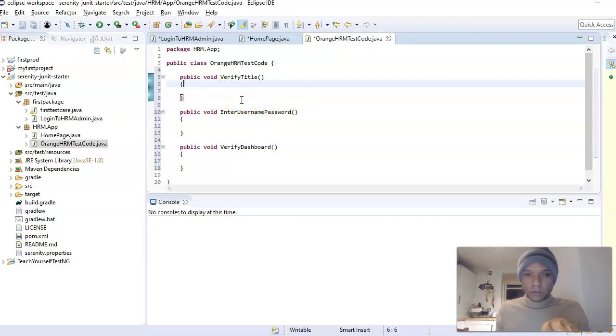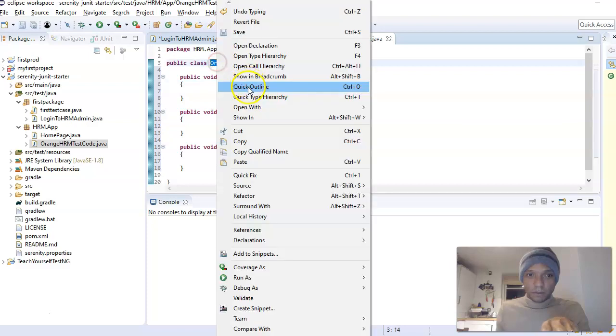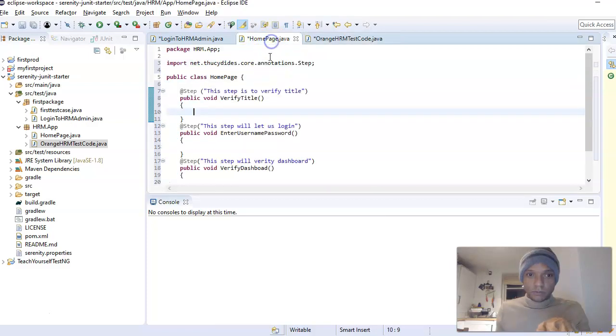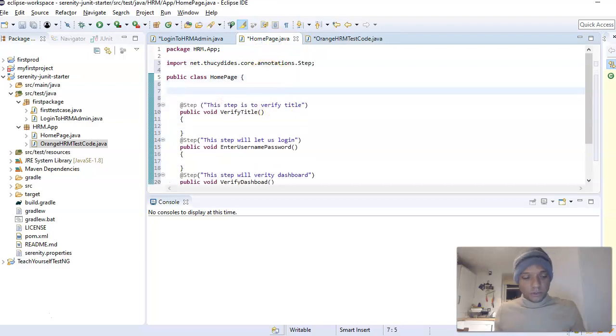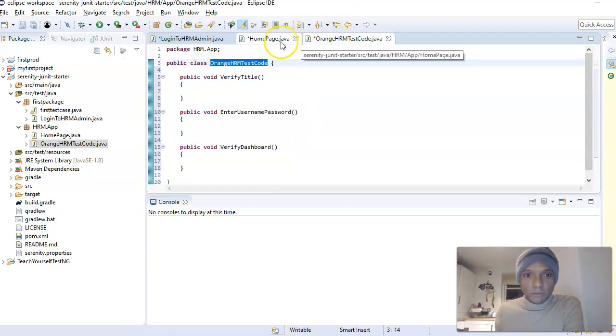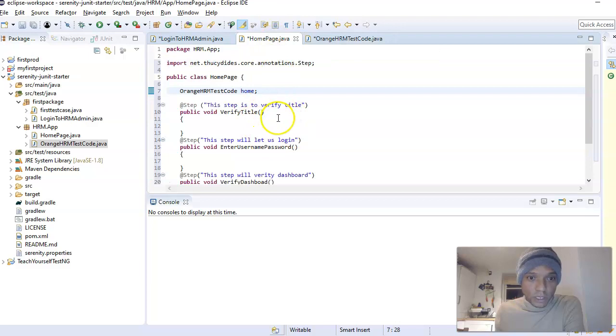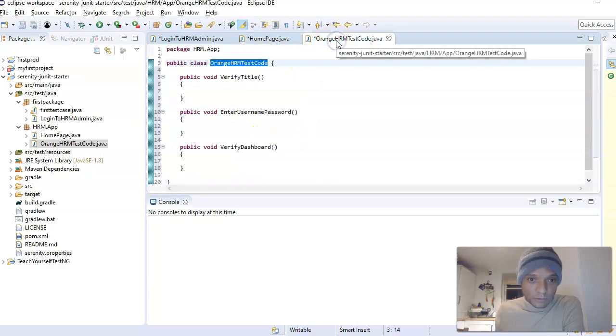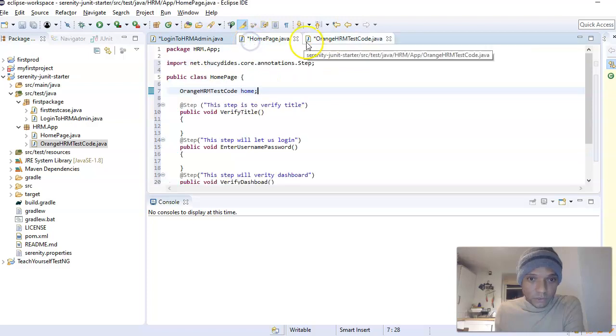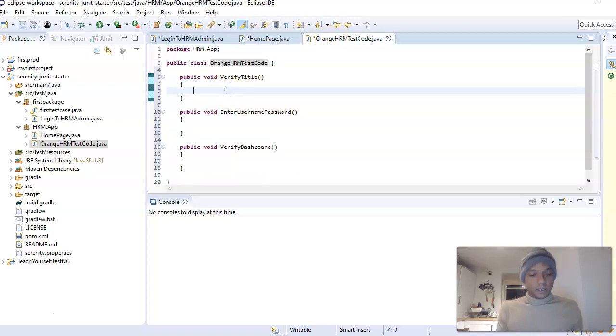Now we want to link this page to our methods page, right? So we call this again home, and there we go. And all we could do now from this page to call our test code is just to type home dot